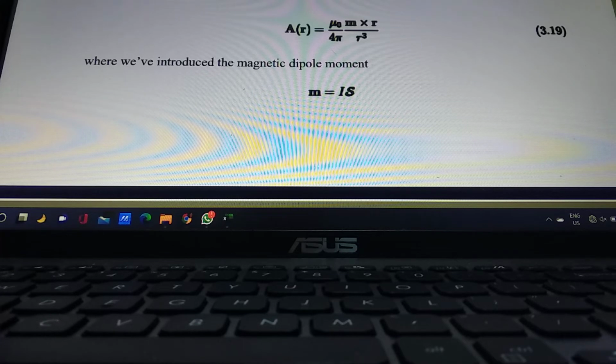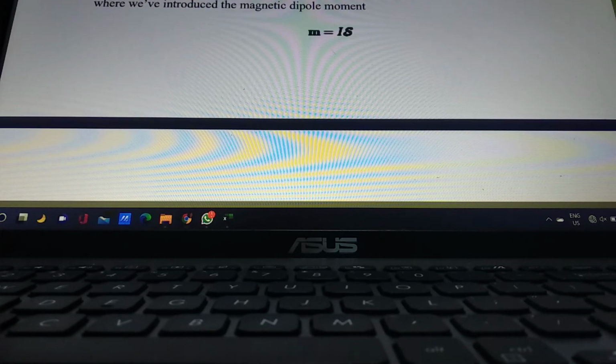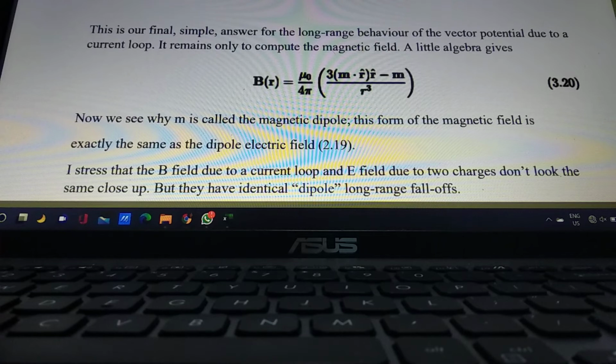With the first term vanishing, we're left with A(r) equal to μ0 over 4π times m times r over r cubed, where we introduce the magnetic dipole moment m equal to I times S. This is our final simple answer for the long range